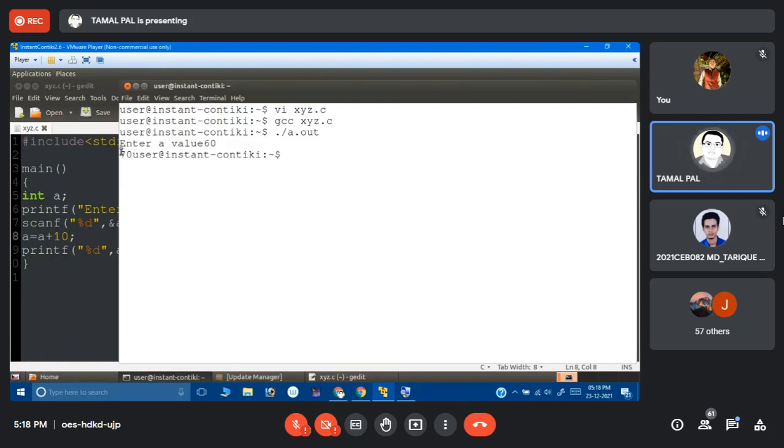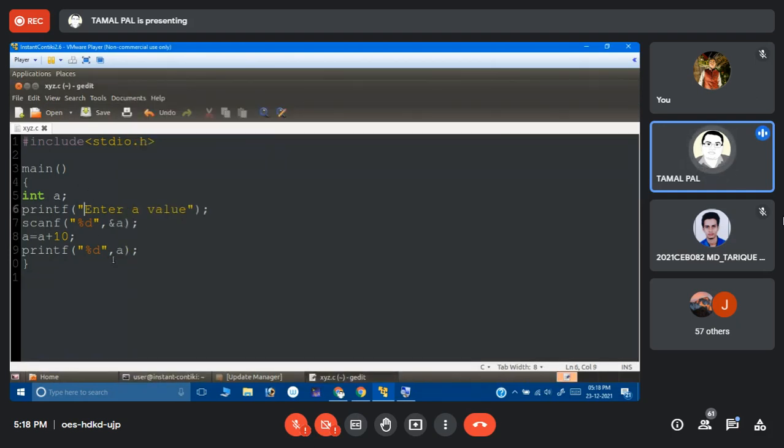Actually, I haven't properly placed the interface, because here slash n is required for starting this statement in a new line. Scanf is required, and here if I provide the value also in a new line,